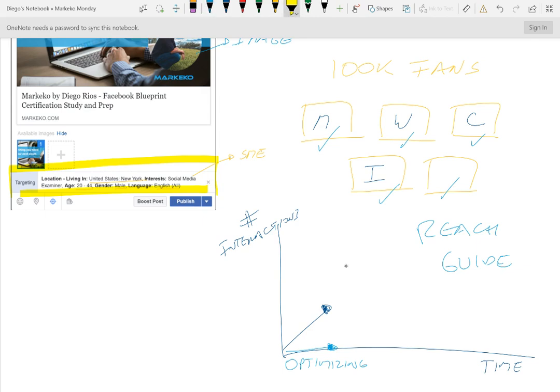But if you already know that this bucket right here is going to interact the most because your content makes more sense with that specific user base of fans, then you want to make sure that you do this. Because what that will do is, it's going to allow you to have a bigger impact on your reach and metrics because your interactions are going up, right? Because you're putting the right content to the right audience.